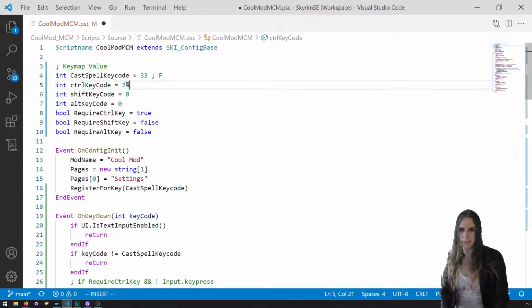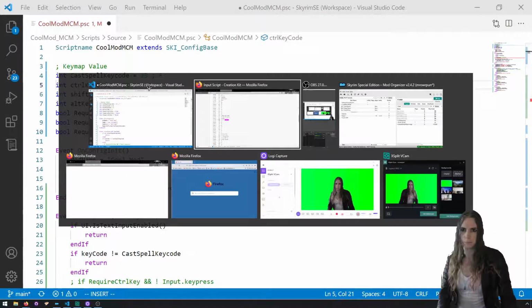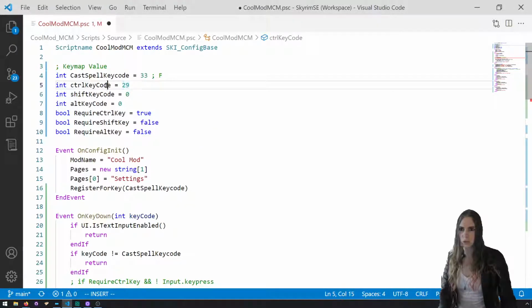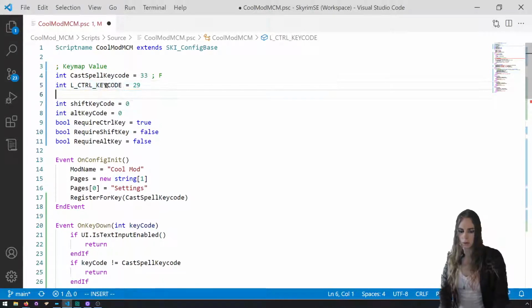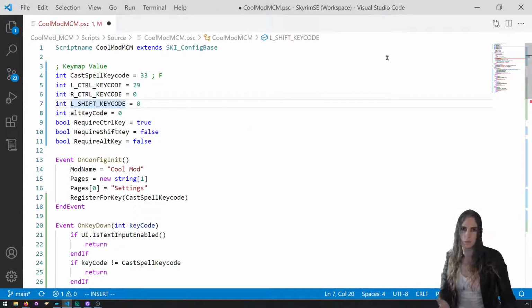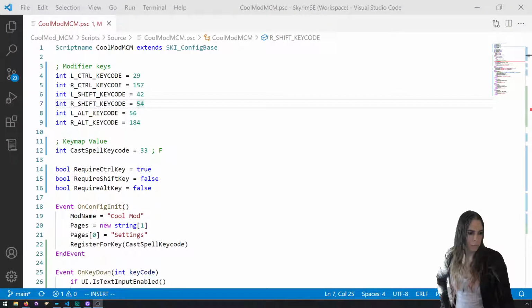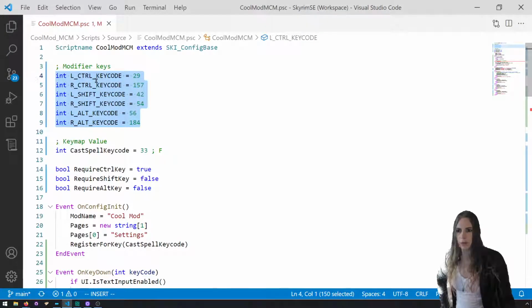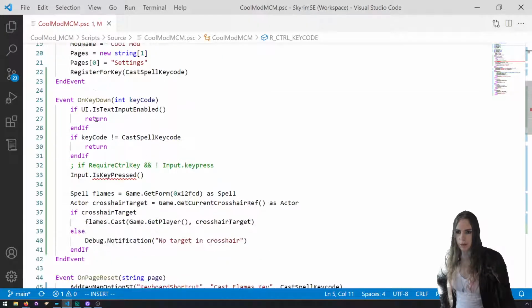And we're just showing a demo. You could do both of them and add this. I mean, sure, whatever. Left control key code and right control key code equals 0. L shift key code. Let me populate these. Okay, I grabbed all the modifier keys. Cool, and I just put them under modifier keys. Okay, so